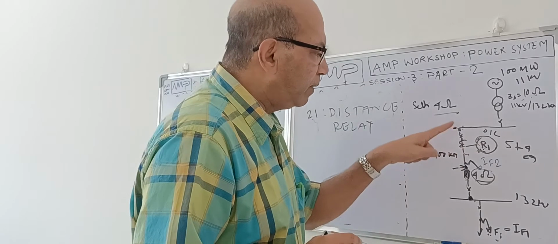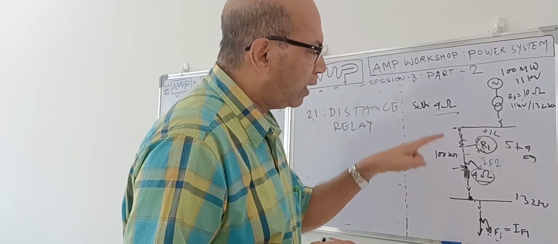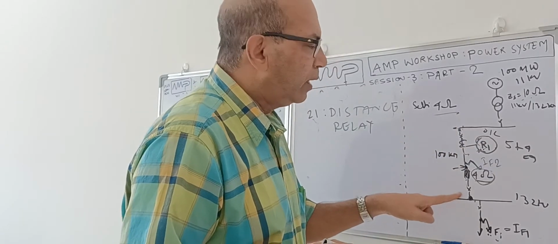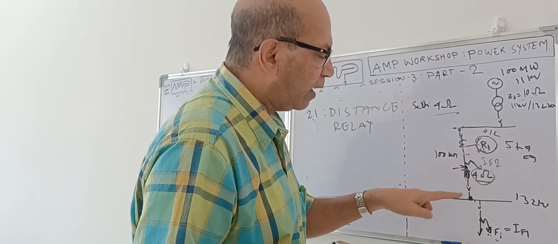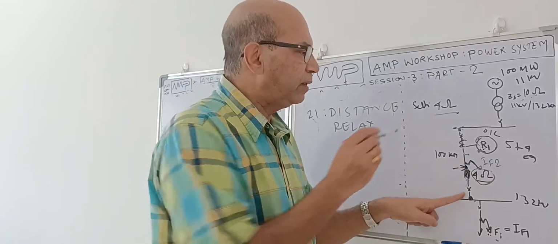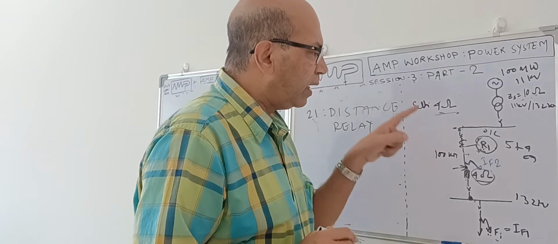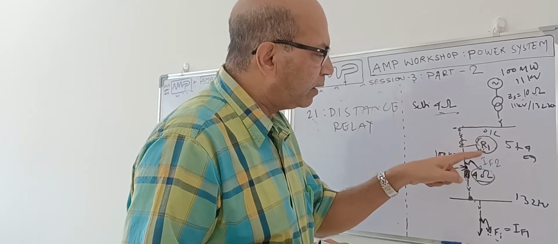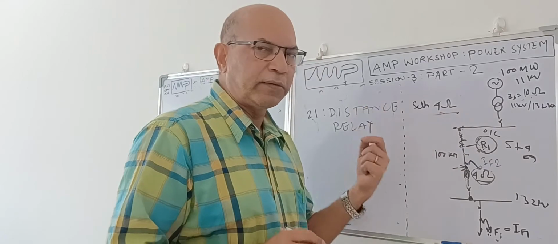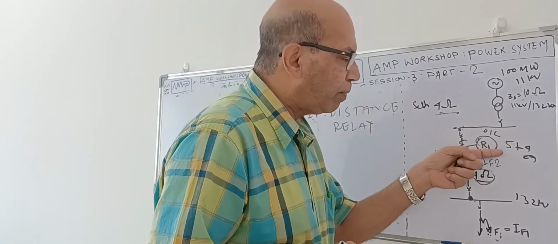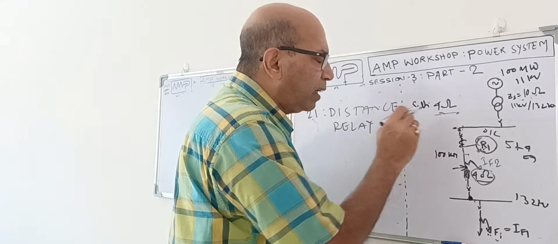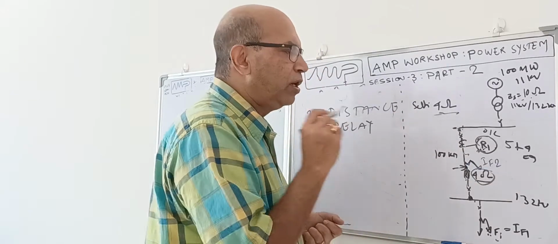The intention of this relay is that if there is any fault anywhere on the line, from 0% to 100%, then the relay should operate. That's why I have given the setting: 100% setting is 4 ohm, because this line impedance is 4 ohm. So whenever this relay measures an impedance value of 4 ohm or less than 4 ohm, immediately the relay will operate. Okay. So how it is measuring that impedance, that I will now show.